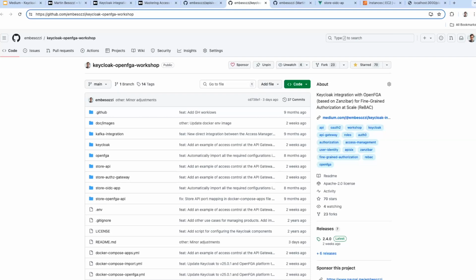Right? The nice thing about the OpenFGA approach is that you have all the data you need to make the decision in FGA. And so that helps you do fine-grained access that depends on a lot of data with a single call from the gateway, because you put that data in FGA directly. So that makes FGA a very good candidate for